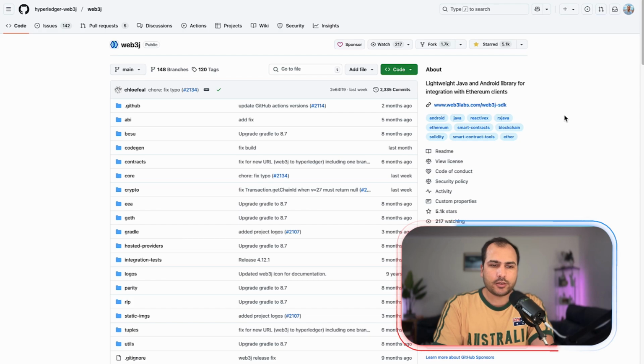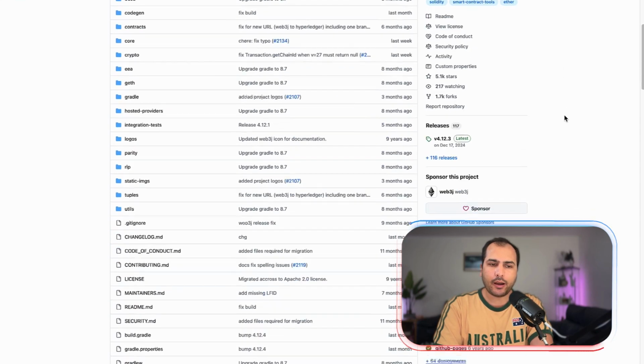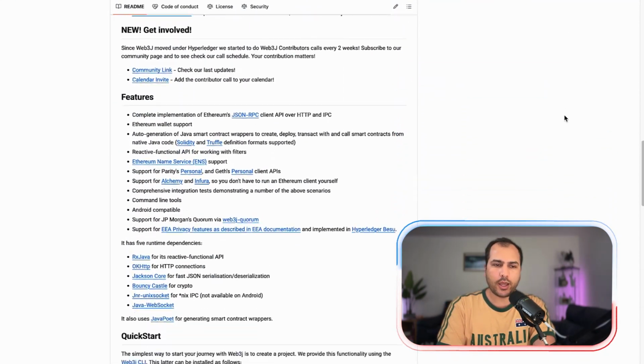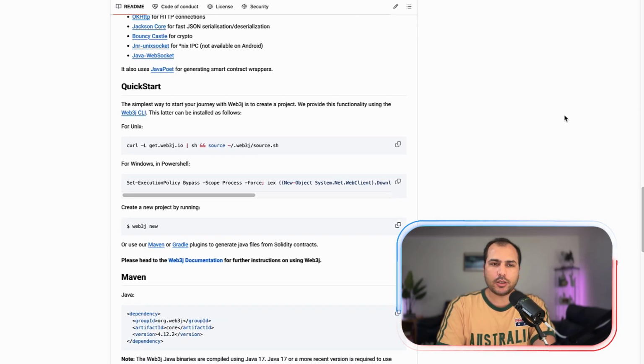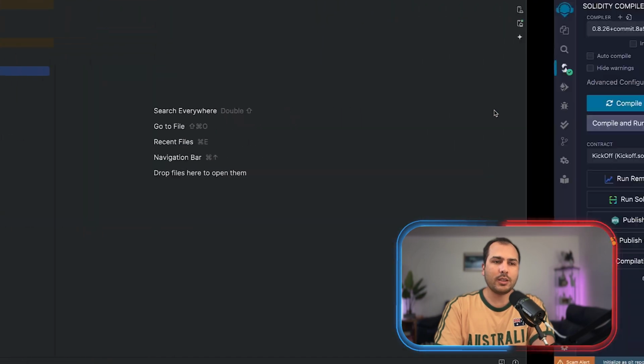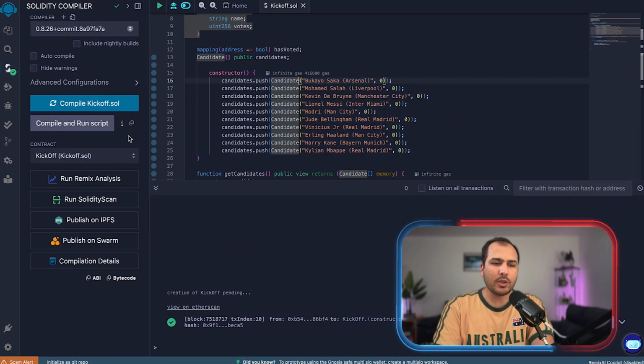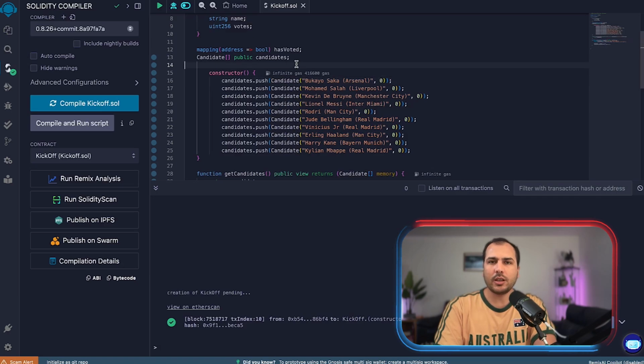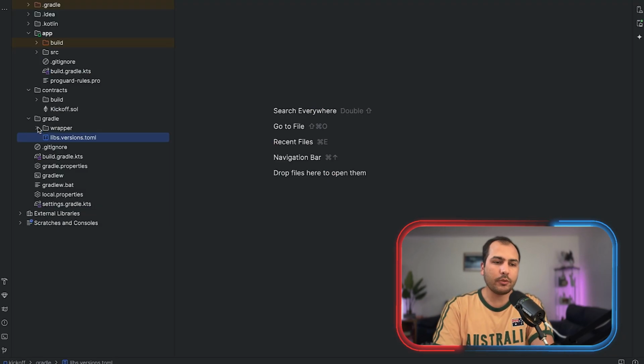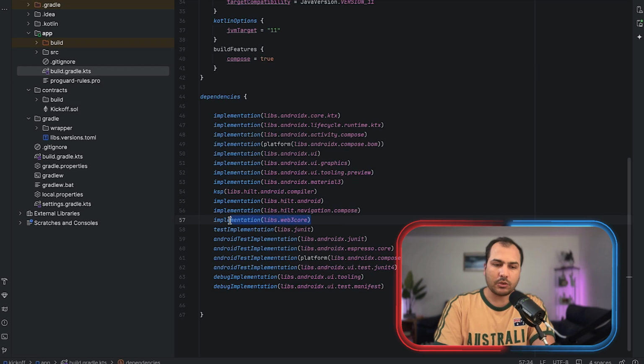You can take a look at the documentation to see how to work with that, but I made it a bit easier for myself. Since I created the Solidity smart contract within the Remix IDE, it gave me the API and the bytecode, and I just copy-pasted them because I need them in the Android project for building these smart contracts. Before getting to the smart contract, I just wanted to show you I added the library in the Gradle file,